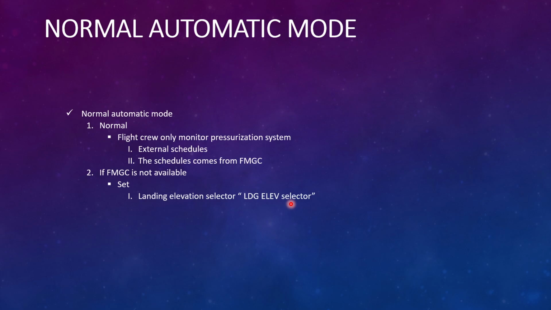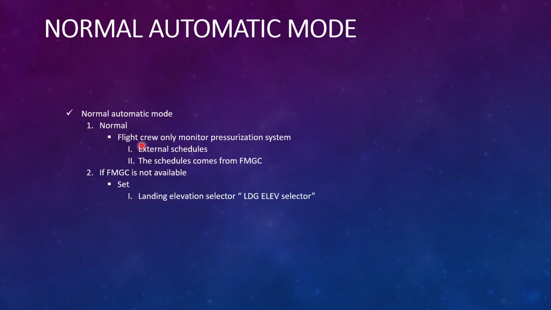They just have to monitor the operation of the system. Now, the air pressure in the cabin follows external schedules that the system receives as signals from certain computers. Okay, so this computer is the flight management guidance computer.